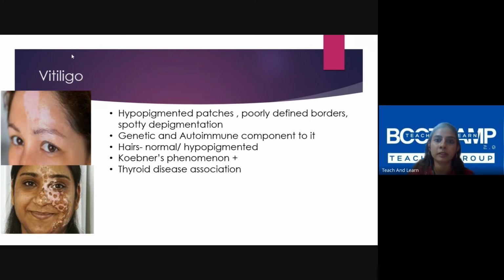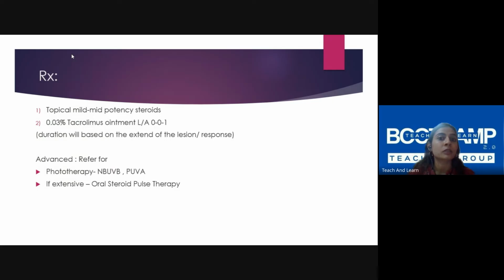So explain everything beforehand. Hairs over there might be normal or hypopigmented. Koebner sign is positive. That is, if you're scratching or any wound occurs, the new skin which appears might be hypopigmented. There might be other autoimmune diseases like thyroid diseases associated. So when the patient is already having hypothyroidism, you can ask them what the doctor told regarding hypothyroidism, how did they explain it to you. They will tell you it's autoimmune or whatever they understood about the disease. You tell them this is similar. This all comes under the same family, even if it affects different organs. So then they'll have an idea.